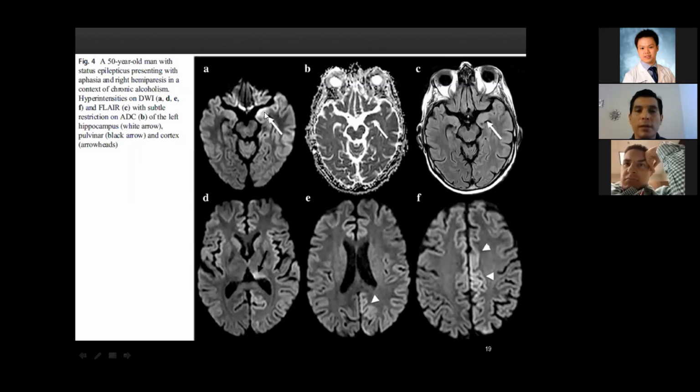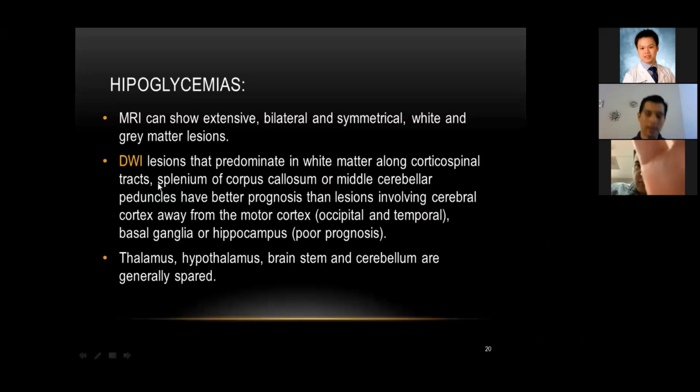When you see, in the very acute, hyperacute moment, these kinds of lesions in DWI, in the pulvinar and in the cortex, that don't follow an arterial territory, in this case in the hippocampus, with subtle restriction, because this is maybe not totally cytotoxic edema. It is not lost tissue, and there is subtle alteration in FLAIR. You can think of this kind of damage in case of hypoglycemia,